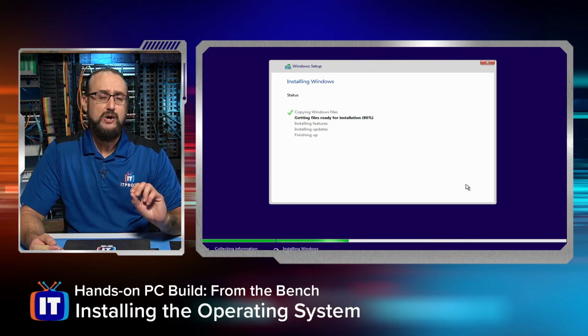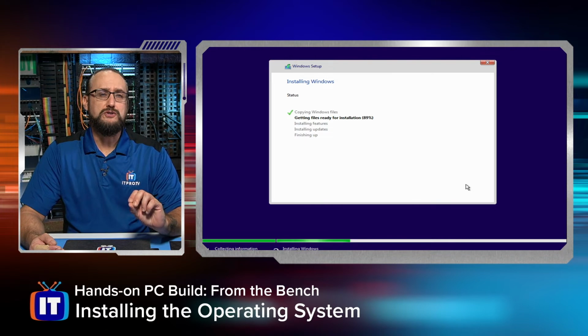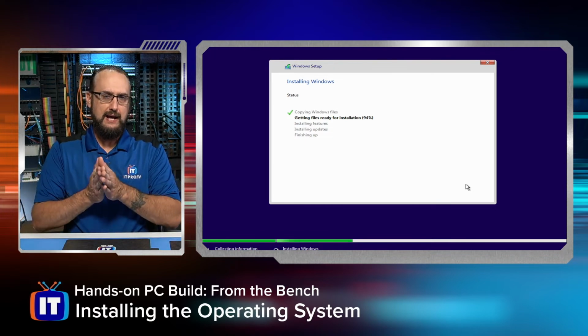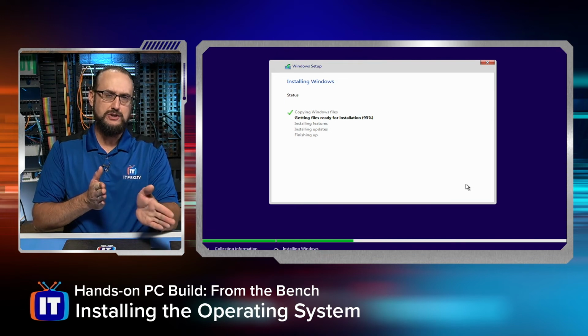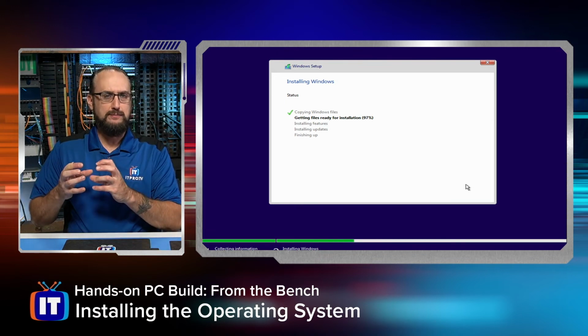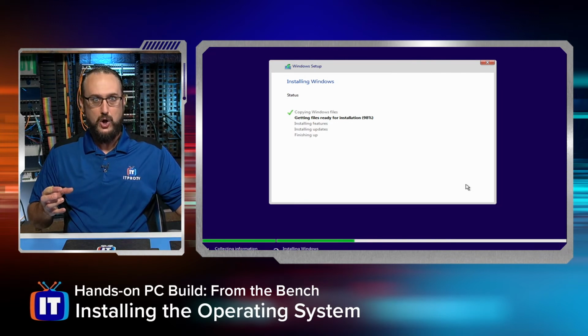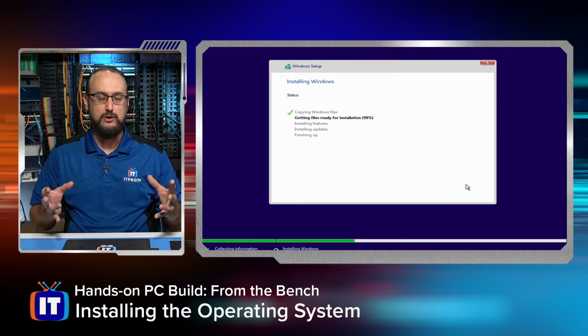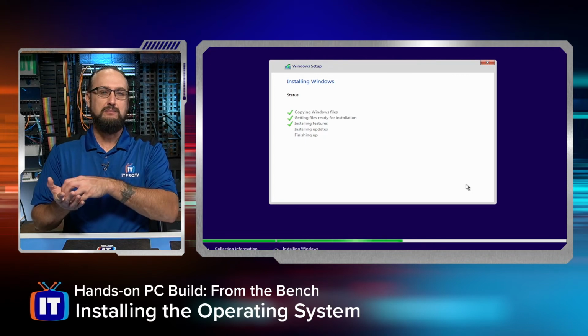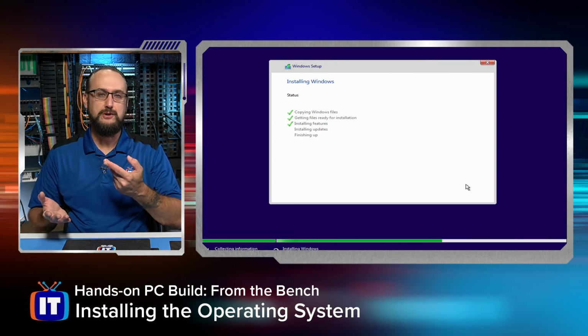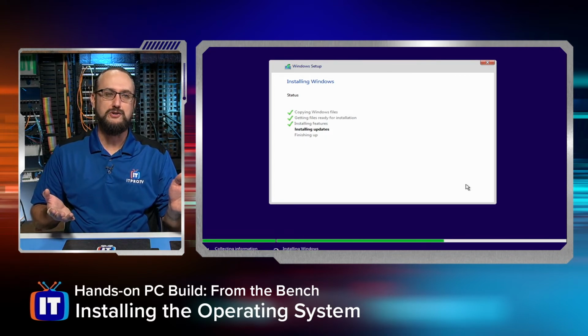That's because once it installs first, it is running in RAM at this time, and it's also writing to the hard drive. But that small footprint Windows operating system that's allowing us to install a complete version of Windows is loading in memory, and we're going to reboot our computer so that we're actually booting off of the hard drive.